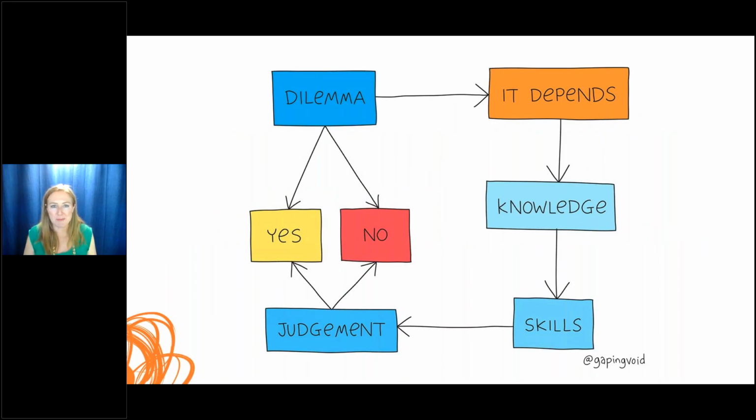So when questions come to me, there's a dilemma, and many of you will want a yes or no answer. If I can do that, I will, but often it depends. What does it depend on? It depends on the context. It depends on the further details. So you may have posed some questions that I'm going to answer today, but I may not have all of the background information. So again, just general responses, but the answers to your dilemma will often depend on knowledge, skills, and judgment. Sometimes you just have to make a decision, and we're not in perfect circumstances. So let me get to your questions.